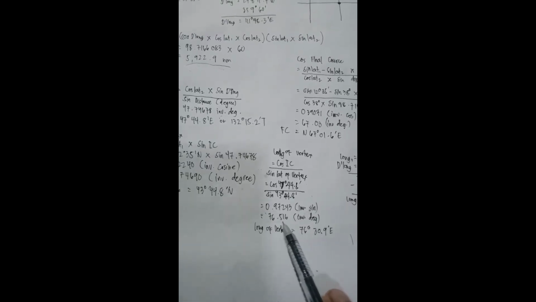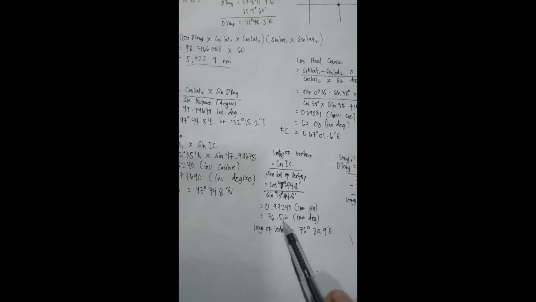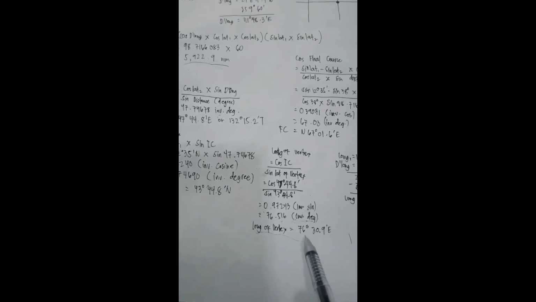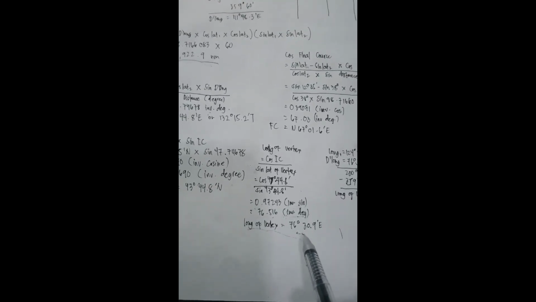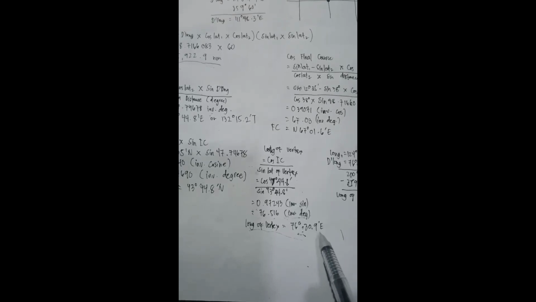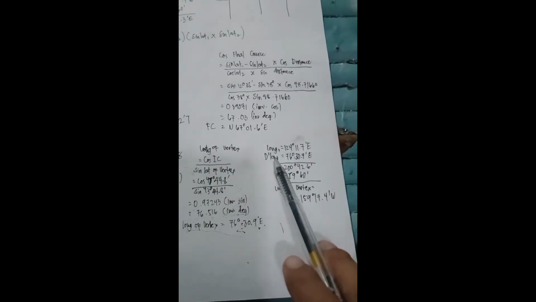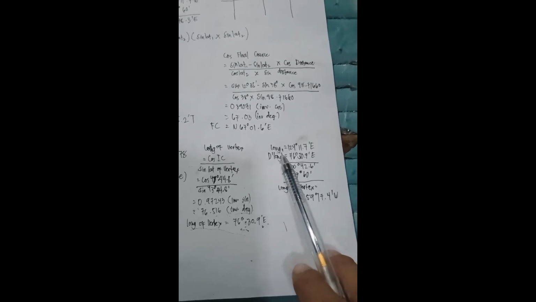So the next, this is the answer, 76.516, and we'll now also automatically inverse degree or click the degree button. So we have now the 76 degrees 30.9 minutes east, and we have now here the longitude 1